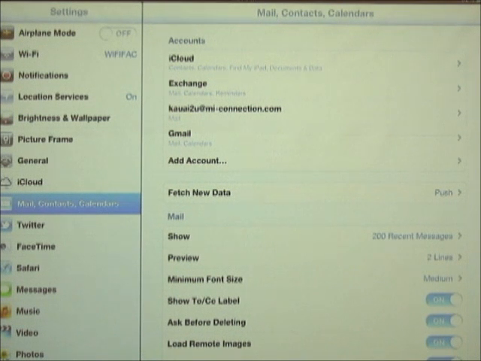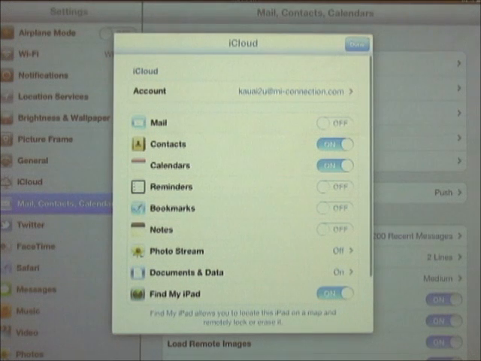I created an iCloud account, and in the iCloud, I chose to be able to have my contacts available, so I turned that on, and my calendars available, and as well, find my iPad. What this does for me is if I forget my iPad,